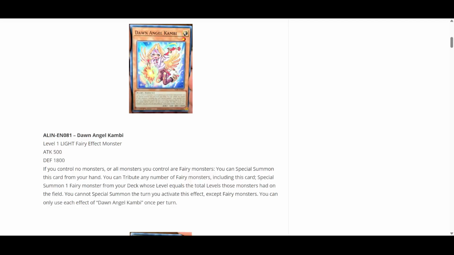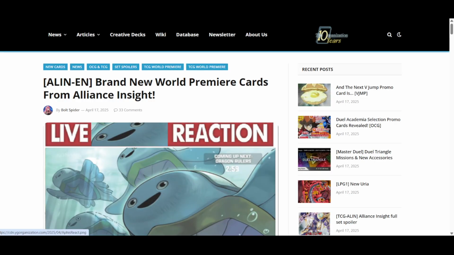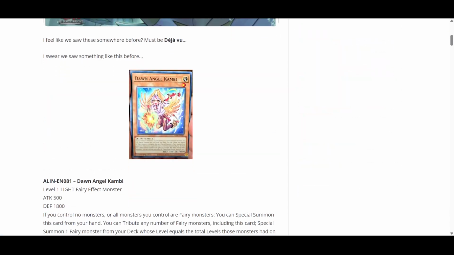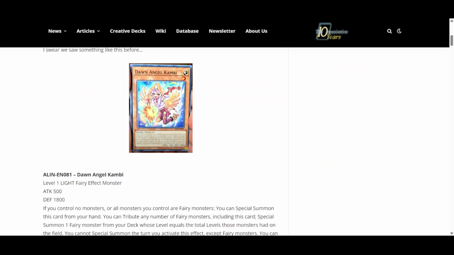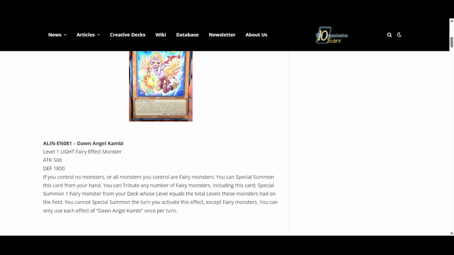The Pearly deck got support. Not any Pearly cards, but we get Dawn Angel Kambi in Aliens Inside. We see this card quite soon. This is a